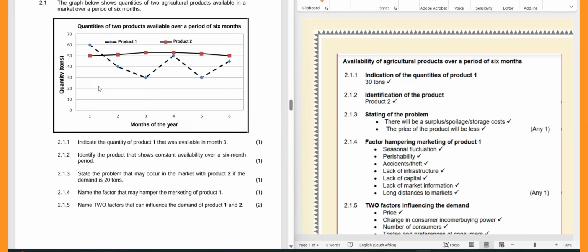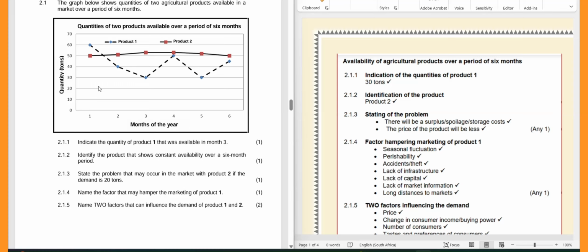It's somewhere there, 50s, right? That's 50 tons. And the quantity demanded, that's 20 tons, right? So we're going to say 50 minus 20, which means we take the quantity supplied, we minus the quantity demanded. 50 minus 20 tons, then we get 30 tons. Okay, so that 30 is a surplus